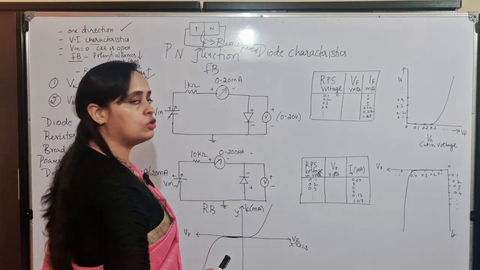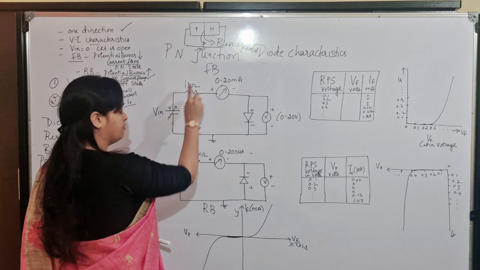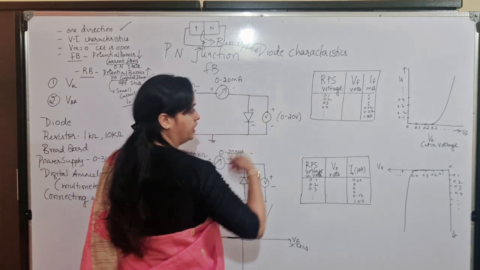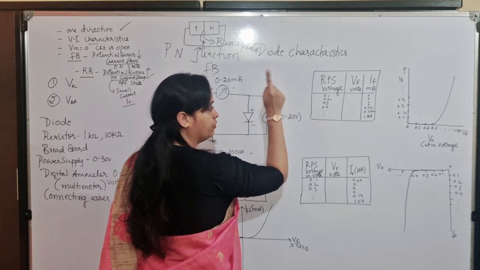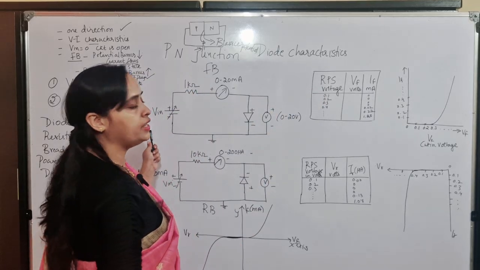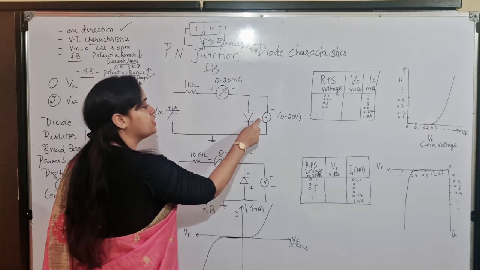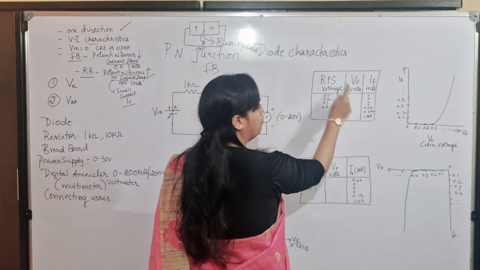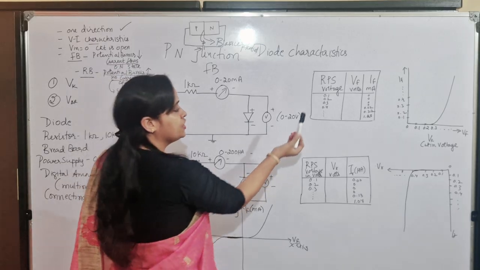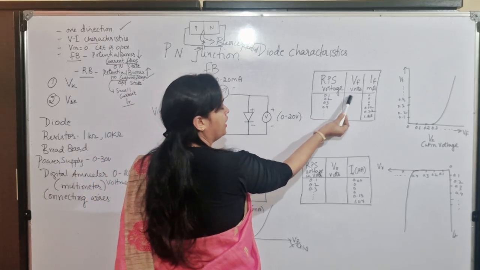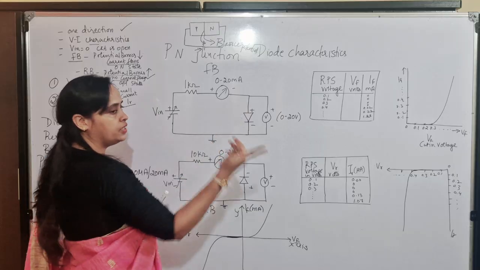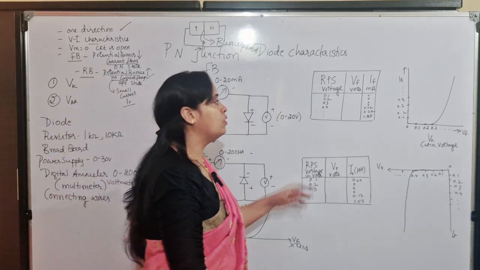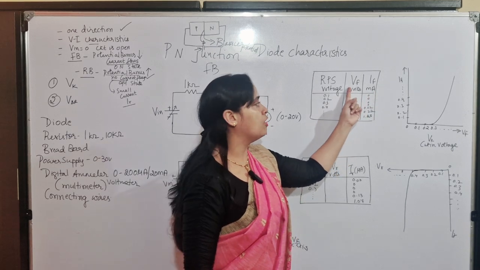to take. As you know the logic, in the case of forward bias, we should increase V in slowly. So what we will do? Let's increase the readings from 0.1, 0.2, 0.3, 0.4. And whatever the reading on the RPS, record the voltage which is across the diode, which is nothing but VF, where VF is measured in volts. As we change the voltage, record the voltage and record the current which is flowing through the diode, that is